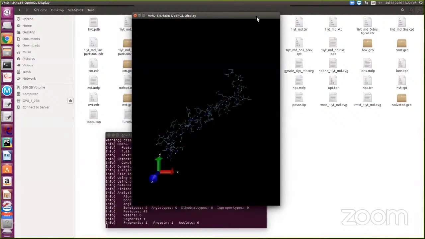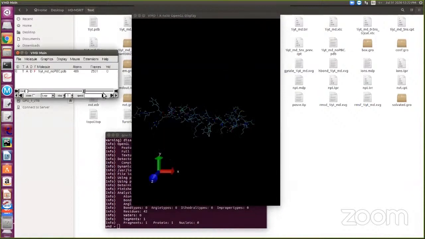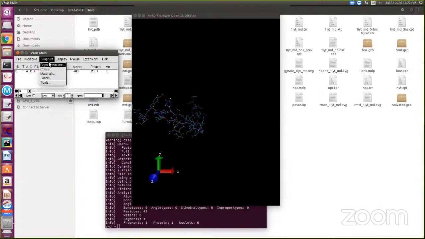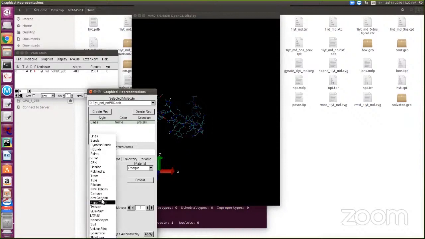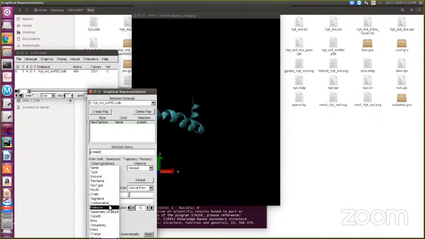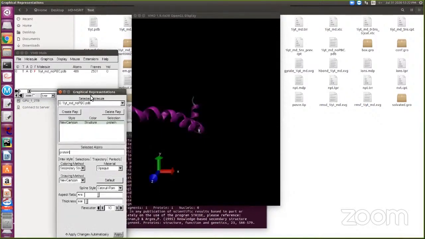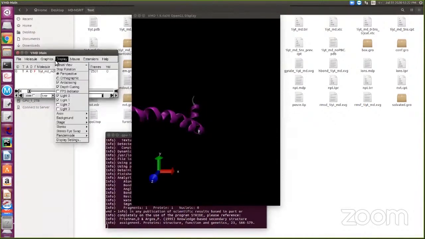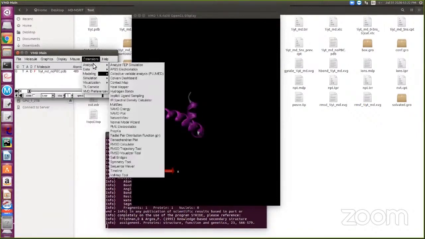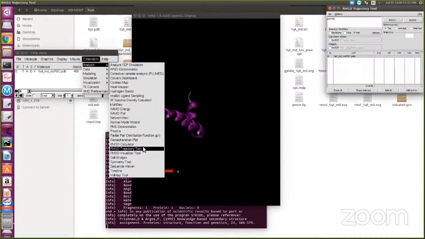This is the simulation file I'm going to show. I'll make the representation a protein, as a cartoon, with secondary structure, and smoothen these things a little. Next, I'll make it orthographic, and I have to make this an align model.